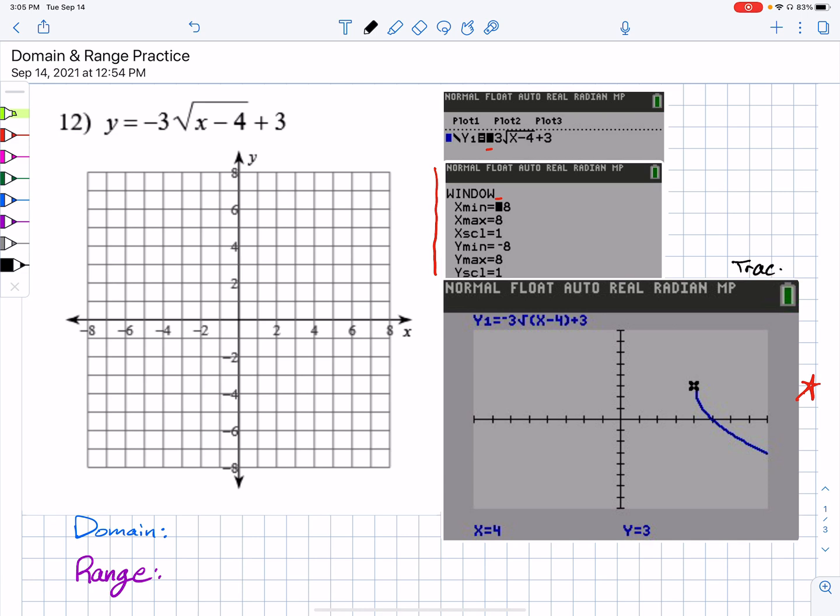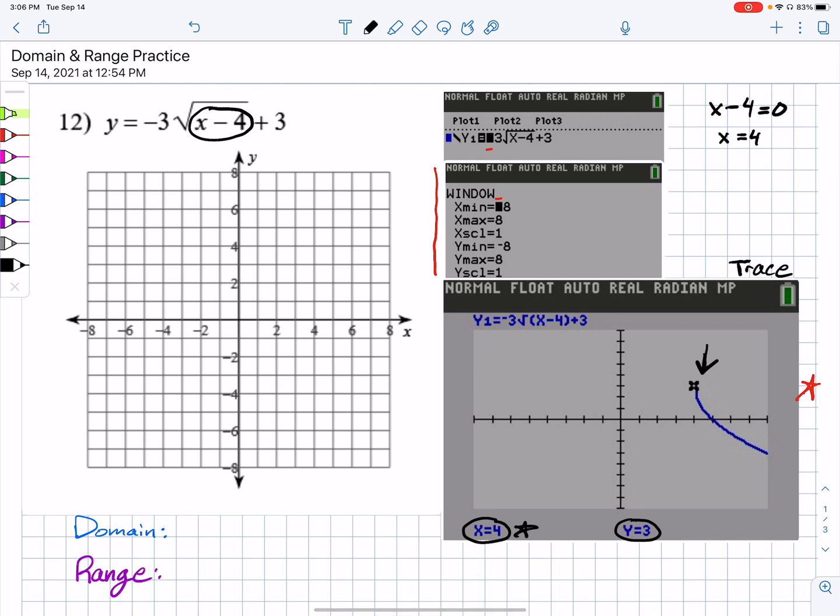Now you have to hit trace in order to be able to locate points, and trace may or may not pop up right on the end of this graph. So the way we find the end, kind of the hard stop on this curve, which is x equals 4, and the output value there being y equals 3, is you go to the inside layer of the radical. Okay, and you take that amount, I'm just going to write it over here, and you're looking for the 0 of that. The 0 of this is very easy to solve for. We just add 4 to both sides,